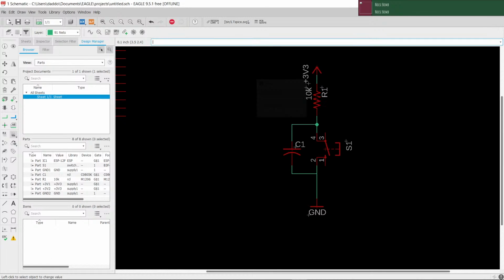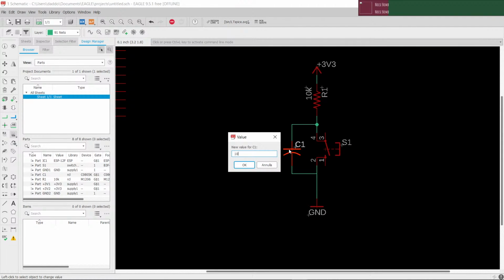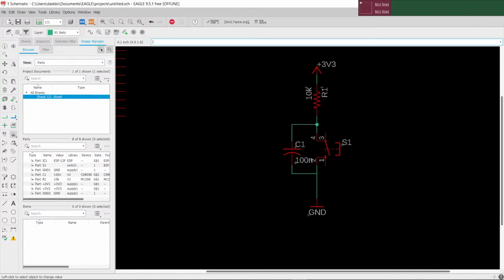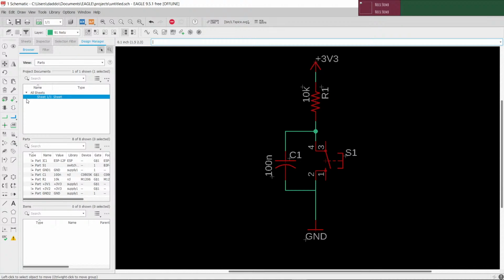It should be something like 10k ohms here. Also, let me move the labels here. And this capacitor, I found that 100 nanofarad is good enough. It was good here. Okay, 100 nanofarad, and here. Nope. And here I will be